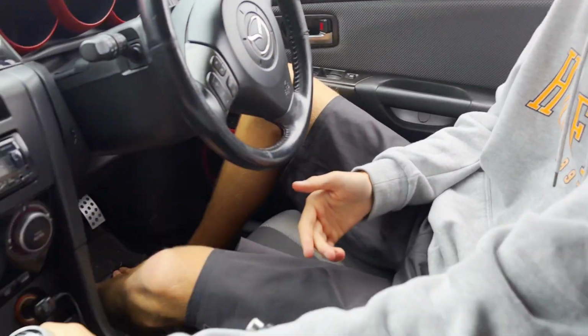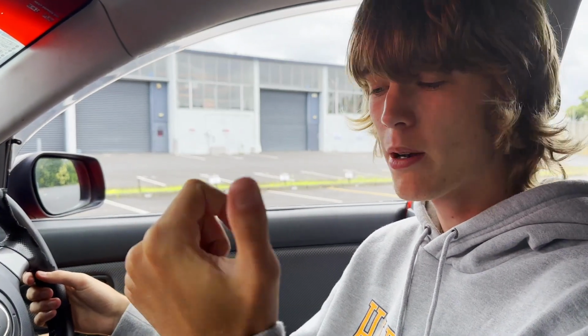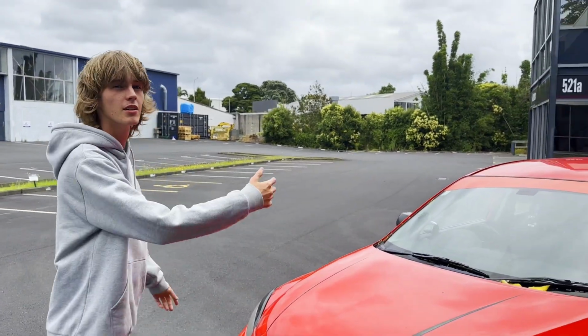So this is a 6-speed close ratio gearbox. I've heard people push 700-800 wheel horsepower through a stock gearbox. The clutches are good up to like 380 wheel horsepower. If I turn the car around so I can...